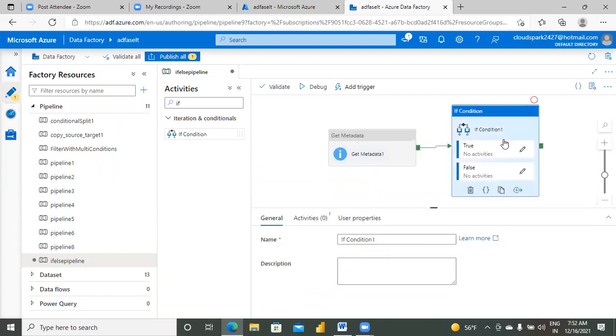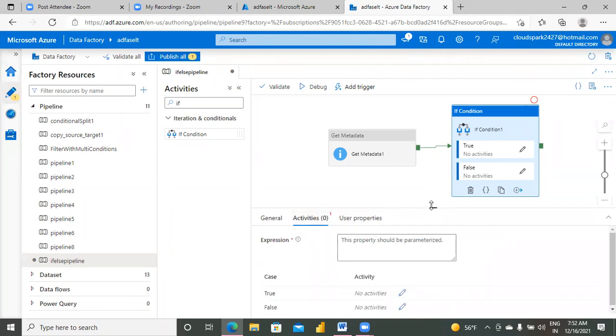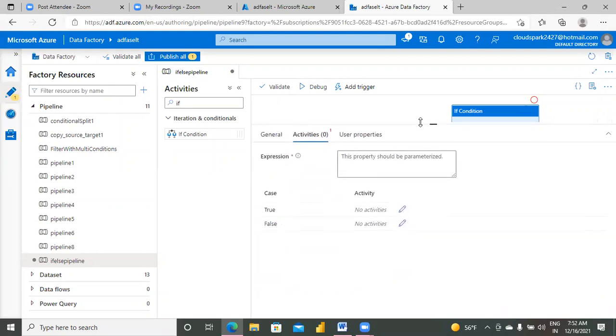Come to the if condition. In the case of the if condition, you have options. In general, it is asking only for a name and description. Go to the activities, where you will see the true part and the false part.